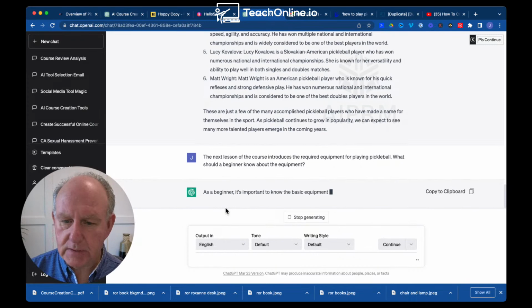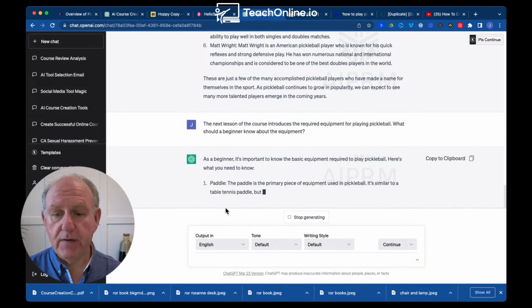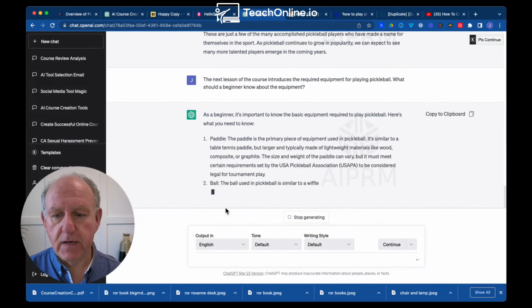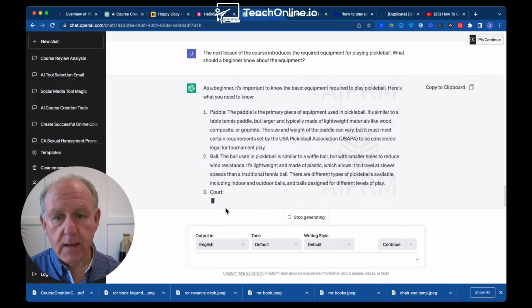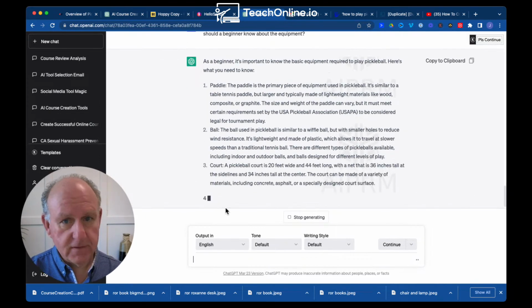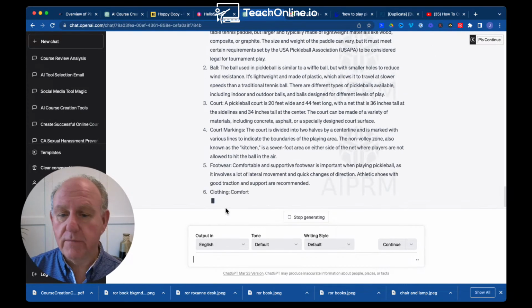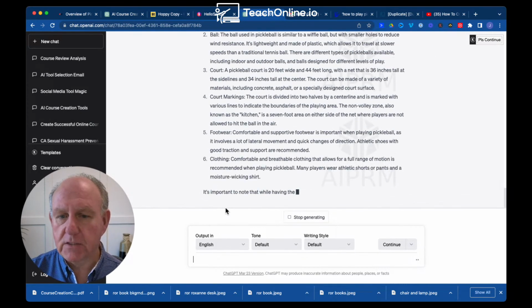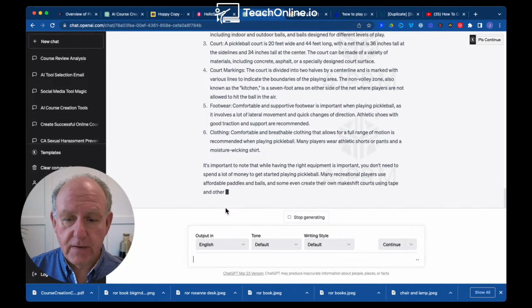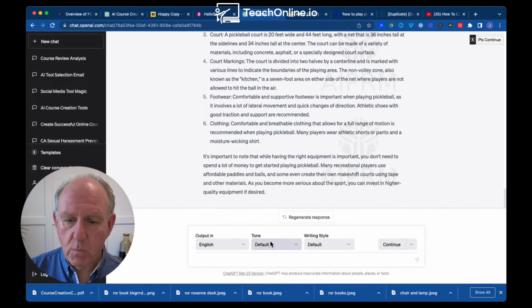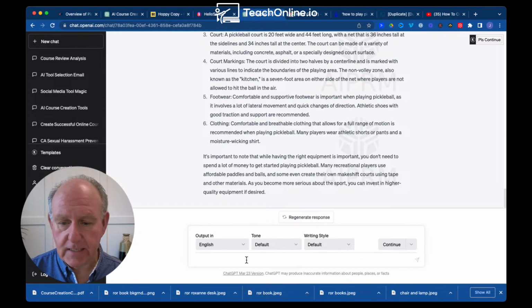So just watch what happens here. It's going to give us, again, a brief introduction of what the different pieces are, right? I haven't written this. This is just basic information that has been amalgamated from all the public information that's available online, but it's going through some of the different pieces. Again, we don't have to take this. We can just say,